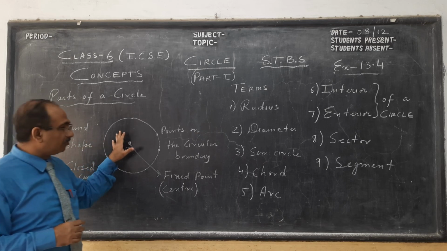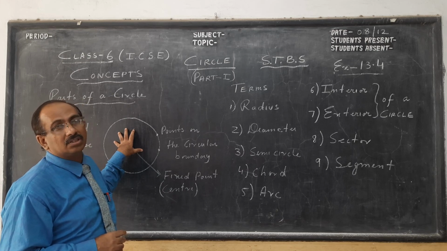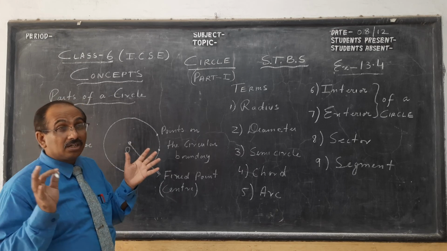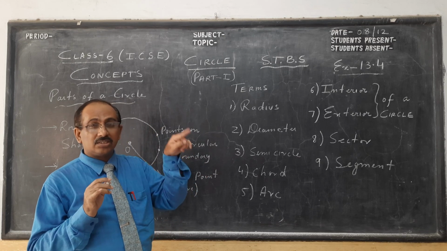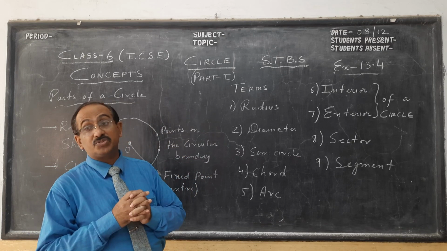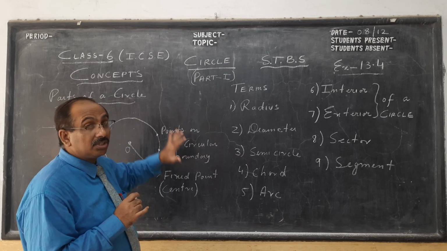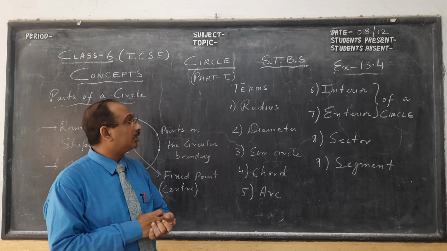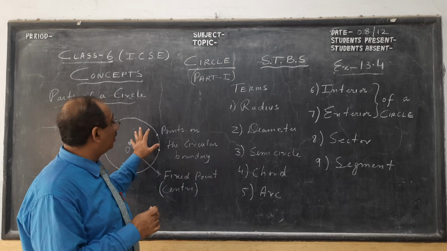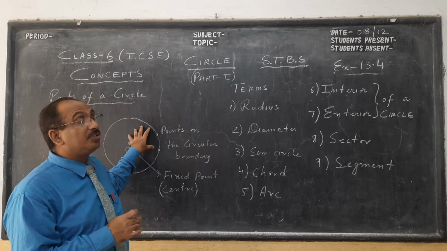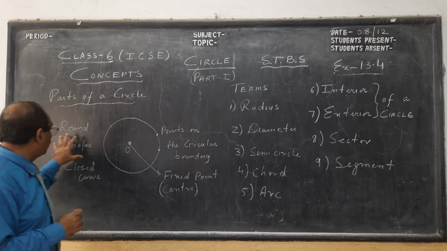So remember, one thing children, a circle is two-dimensional, whereas a sphere like the earth is not a circle. We draw it as 2D in the book as a circle, but the earth is a sphere, 3D, like a ball. A ball is not a circle. A cross section of the ball is a circle. We will see that a little bit while doing. So remember, a circle is 2D and a sphere is 3-dimensional like a ball and the earth. Okay, so keep that in mind.